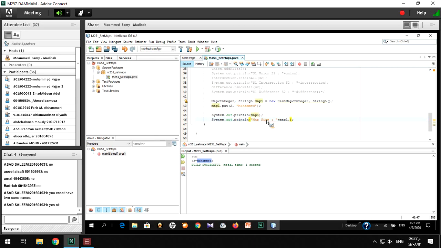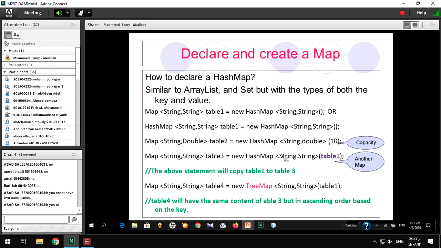Map1 dot size. It is 1 because there is only one element. Okay, similarly you can mention the capacity, like if you want to initially mention the capacity, or similarly you